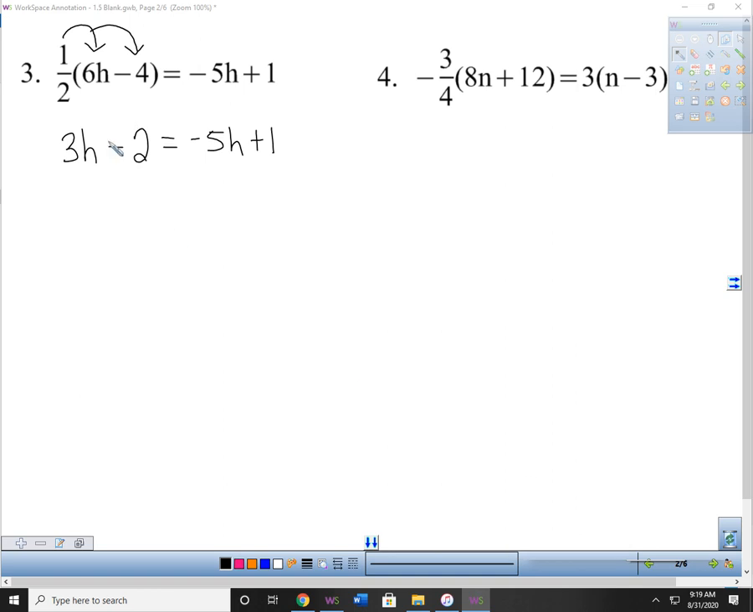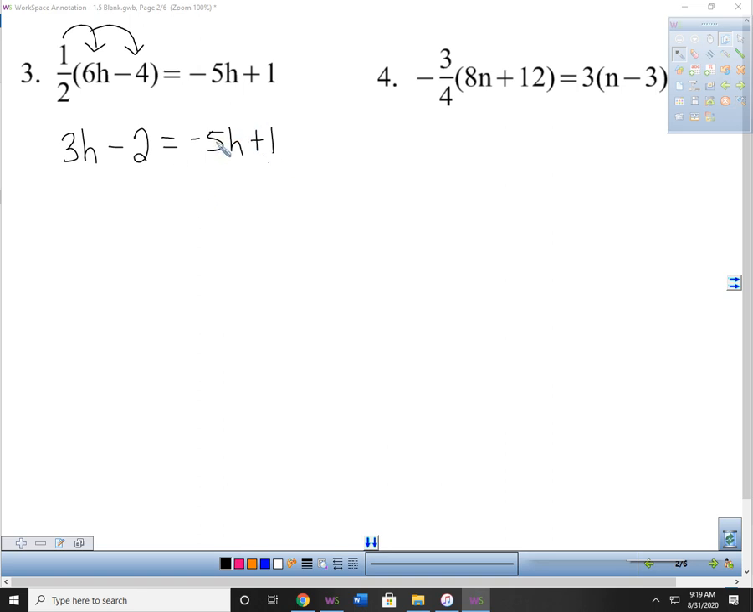All right, so I look and I see that I have a 3h and a negative 2. I can't put those together. And I have a negative 5h plus 1. I can't put those together. So I now have h's that need to go together, and then I also have numbers. So it's to your benefit to move the h's to one side and then move the number to the other side. And sometimes you can do that in one step, but we're going to do it in two